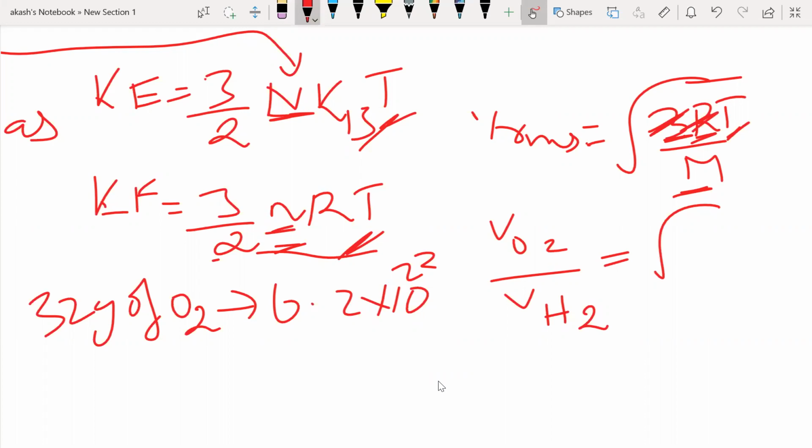So this entire thing, if I make a bigger root, it's going to be temperature of O2 divided by molecular mass of O2,